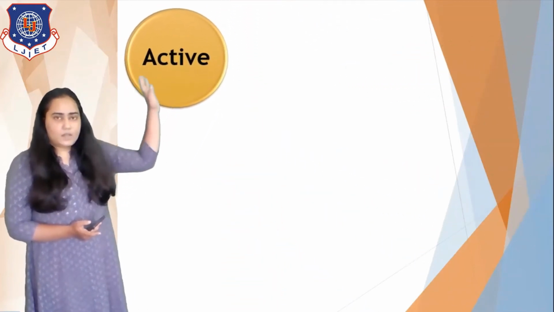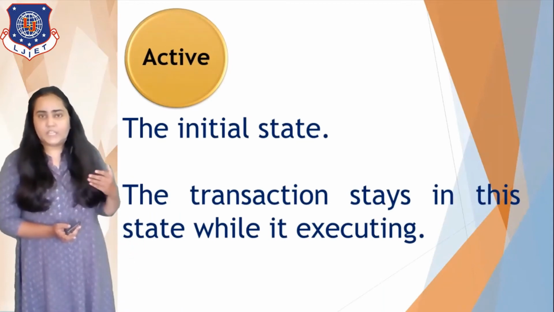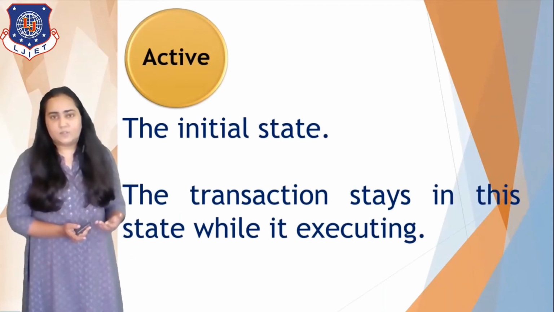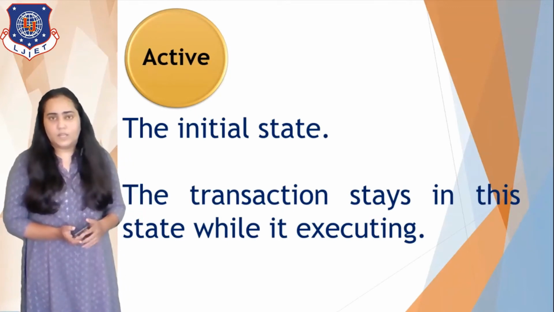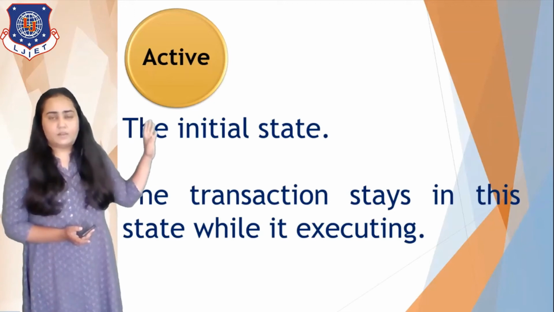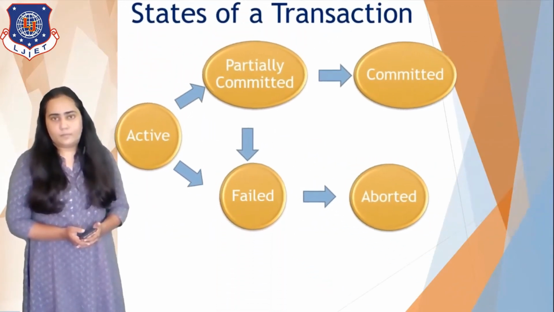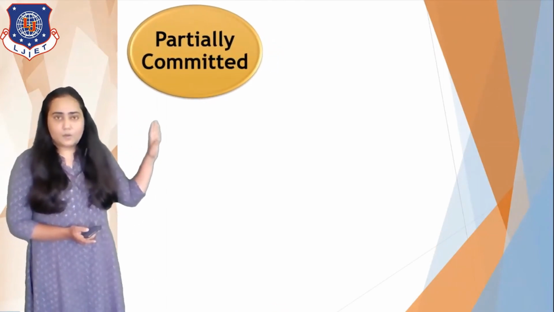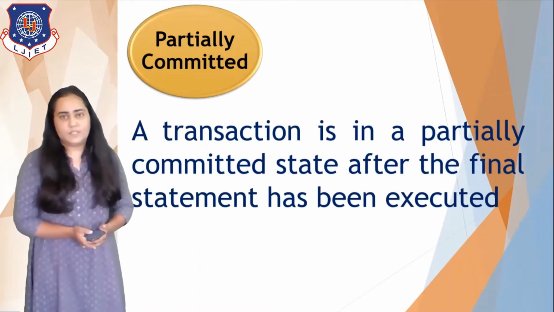The first is the active state. The active state is obviously the initial state of the transaction. And as long as the transaction is working or doing any type of execution, it will remain in the active state. Once it is in active state, it can go to the partially committed state. So the partially committed state